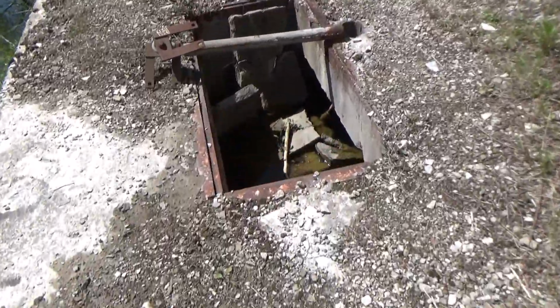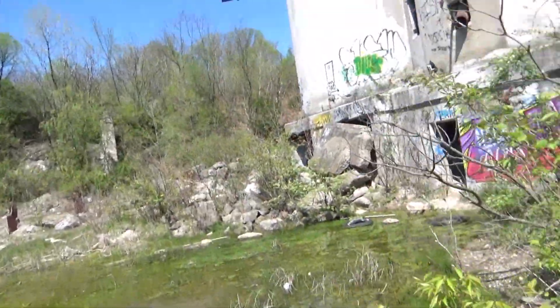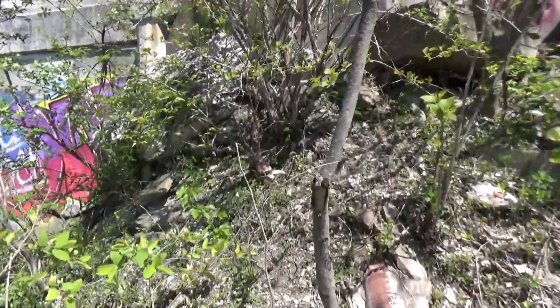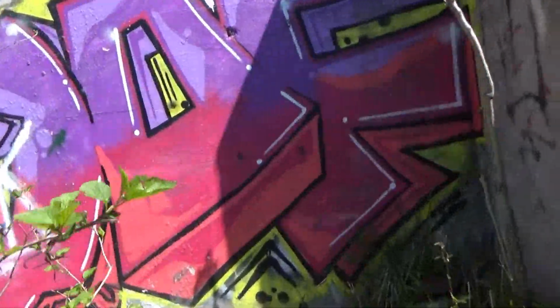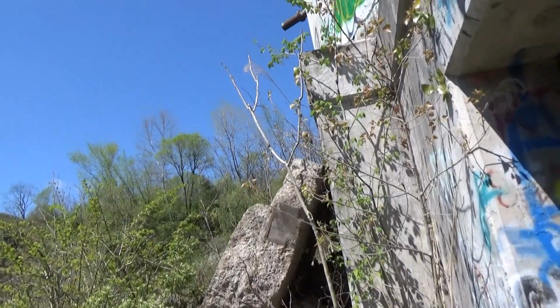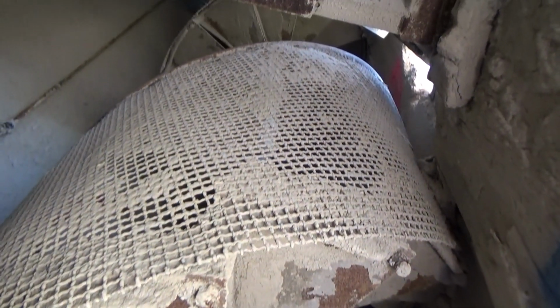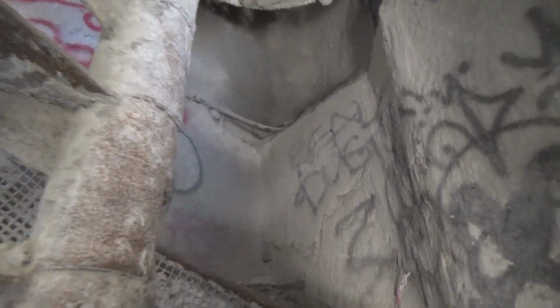Gotta watch where you walk around here. There is a lot of water. Oh yeah, definitely flooded through there. It smells like farts in here. Look at that staircase. Yeah, right? I don't know how safe it'd be to go up all these, but people have done it. From down here it seems pretty sturdy on the stairs, you know, but